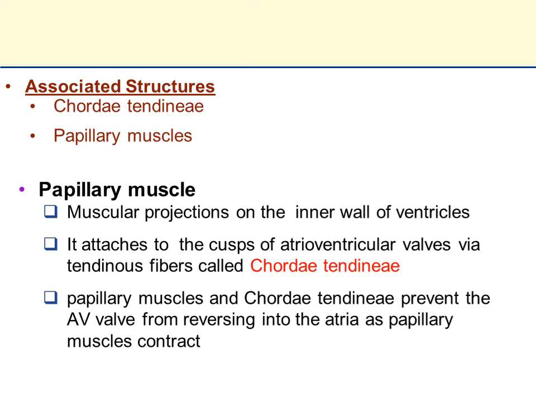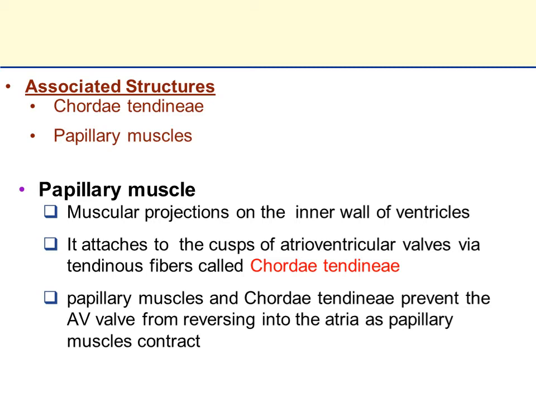They attach to the cusps of the atrioventricular valves via tendinous fibers called chorda tendineae. هاي البروزات العضلية تتصل بواسطة ألياف وترية تدعى الكوردا تنديني بصفاقات الاتريوفنتريكولار فالفز. ليش تتصل بها؟ شنو وظيفتها? Papillary muscles and chorda tendineae prevent the AV valve from reversing into the atria